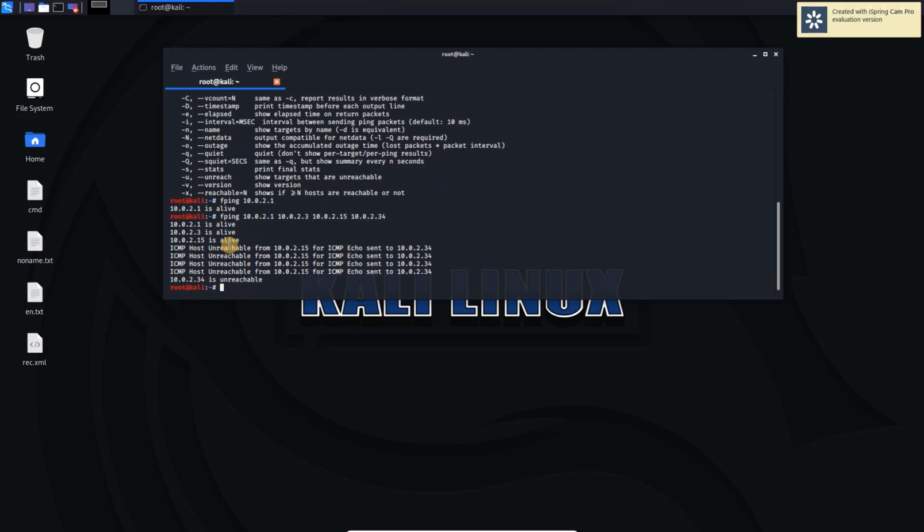It also shows whether the host is alive or not. It says that 1, 3 and 15 are alive, and 34 is unreachable, meaning it's not connected.